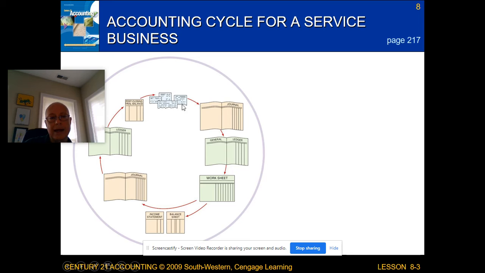So you start by analyzing your transactions, you use your T accounts, you get your source documents in order, you journalize, then you post to your general journals. Chapter 3, Chapter 4, Chapter 6, you prepare your worksheets. Chapter 7, you do your income statement and your balance sheet as your financial reports. And then we're here doing our adjusting entries and our closing entries in our journal and our ledger, which is Chapter 7, Chapter 8. And here at the end, the last step, post-closing trial balance,